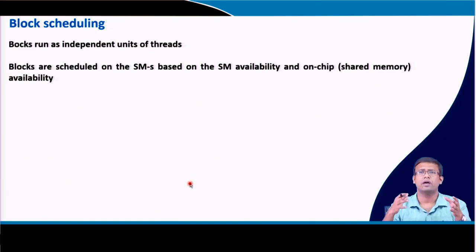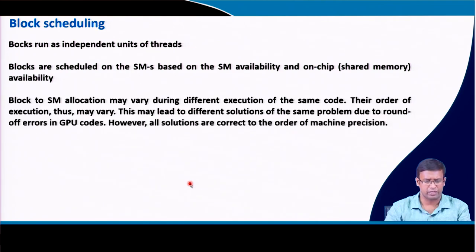Then how many cores are available on the streaming multiprocessor? Based on that, more blocks will go to the streaming multiprocessor. Also, how much on-chip memory is available is another factor. Block to SM allocation may vary during different executions of the same code and on different GPUs also. So for the same code, how the block and streaming multiprocessor mapping will be done is kind of arbitrary, and therefore the